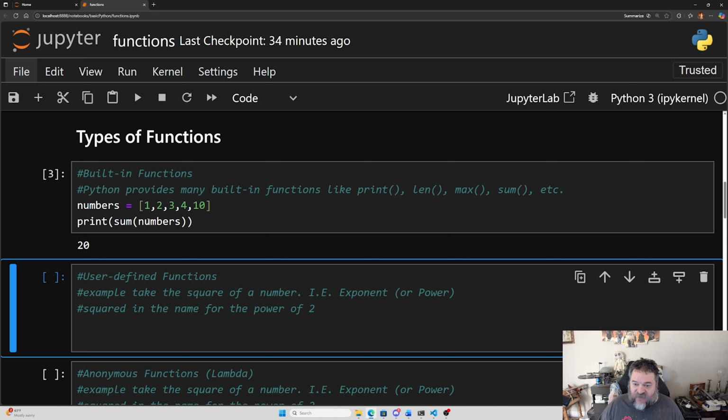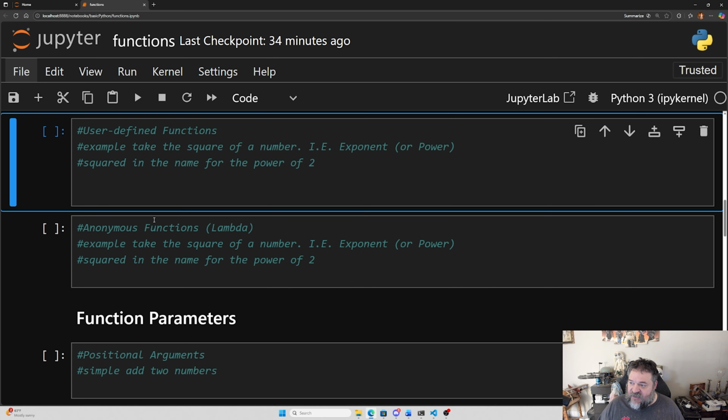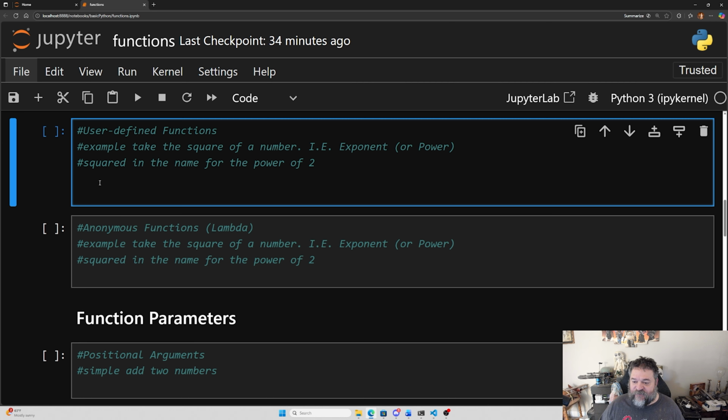That's pretty much it for the built-in functions. They're pretty straightforward, and we've been using those all the time without thinking about them. So there's not really much to say about them. The next thing we've got is the user-defined functions. These are the main functions that we declare ourselves. We do that by defining it. We'll have def, and then we'll name our function. This one's going to be squared, because our example is we're going to take the square of a number,